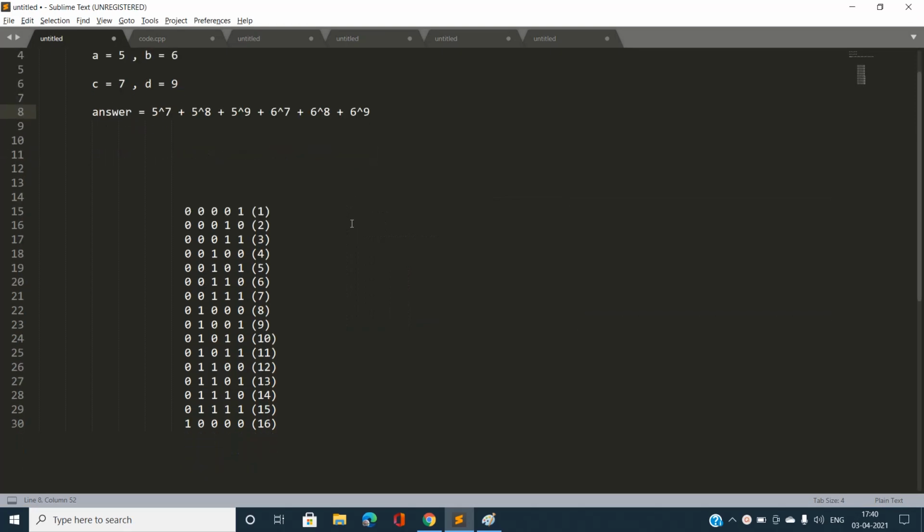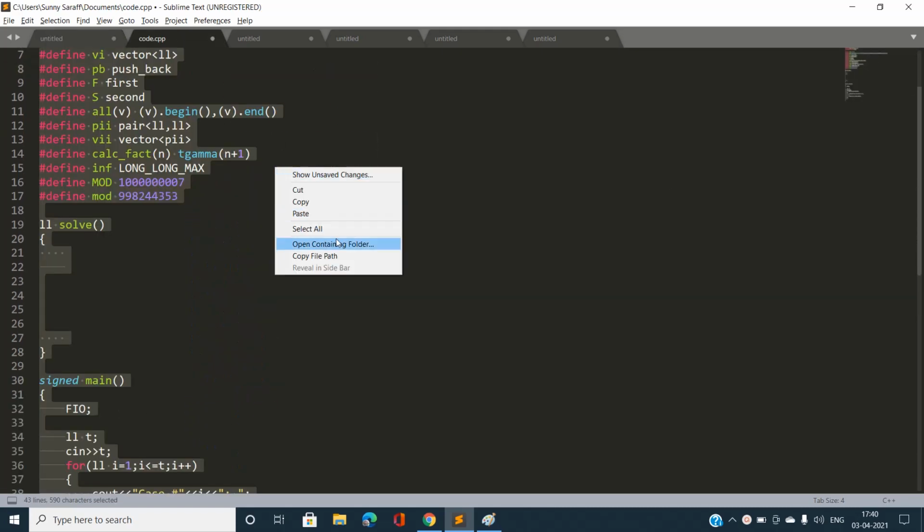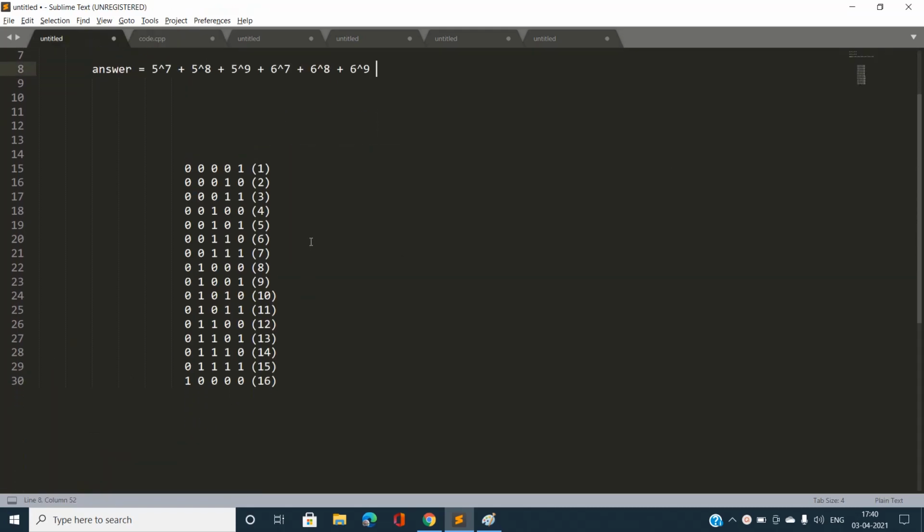You can see I have written some numbers from 1 to 16 to understand this pattern efficiently. So for the first bit position, that is for I equal to 0 starting from the rightmost side, you can see there is a pattern: if 1 is present for the number 1 at the 0th bit, then the 0th bit is also set for the number 3, again for the number 5, and again for the number 7.